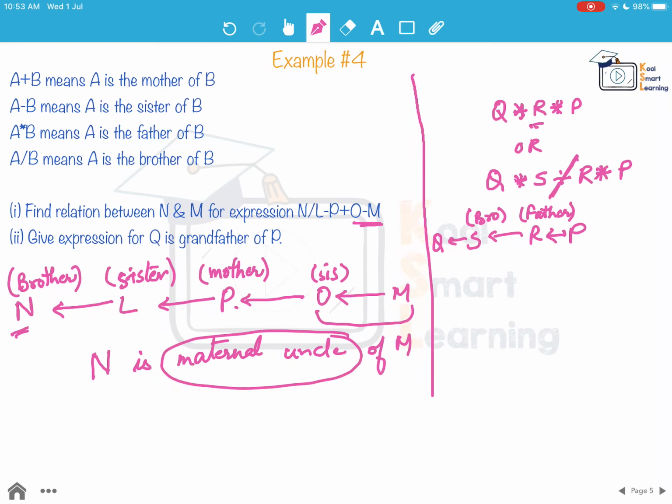Now in this case, these are just the two options that I have shown. There could be other options. Instead of S being brother, S could have been a sister of R. So then we would have put a minus instead of this divide by sign. So there could be multiple options. Now these questions are normally multiple answer questions where they've given choices and you have to figure out which of the choices is correct. So based on the choices, we will find which expression matches the relation. So these are the main broad categories in which the type of questions come based on the blood relation topic.